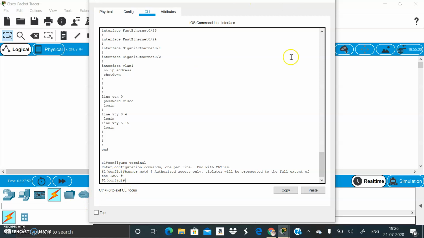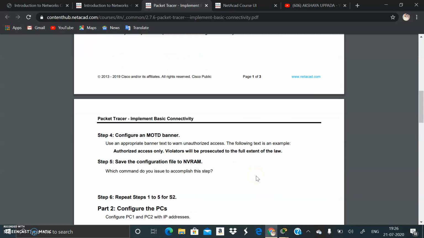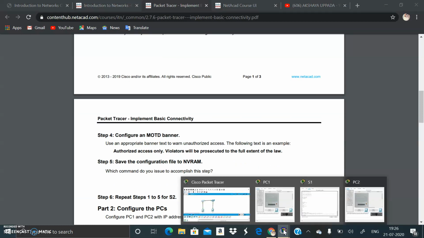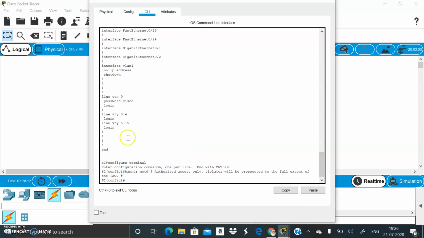Next, the fifth step is save the configuration file to the NVRAM. To save the configuration file to the NVRAM, we use the command copy running config startup config. Firstly, we have to exit from the global configuration mode.